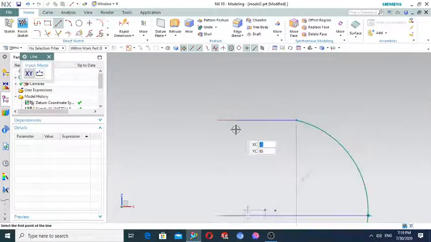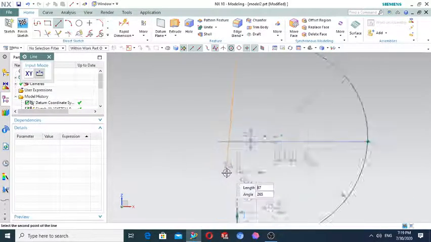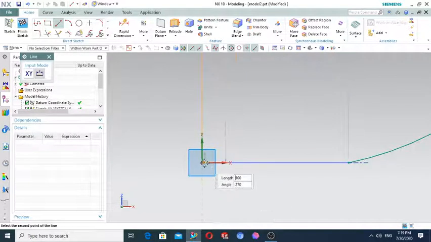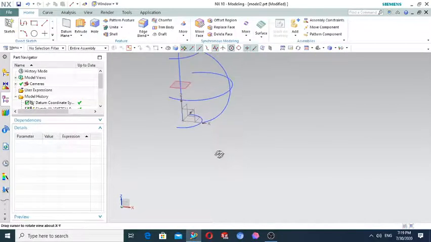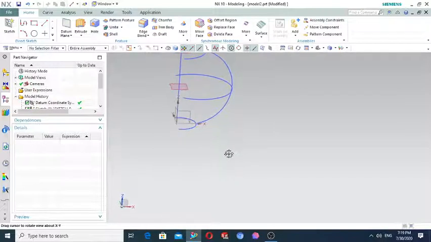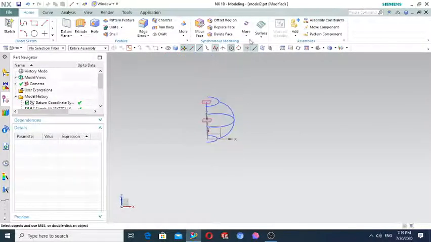Where is the starting point? I think here. Here. Finish the sketch. So 2 guide curves are created. Let's open the surface, swept,